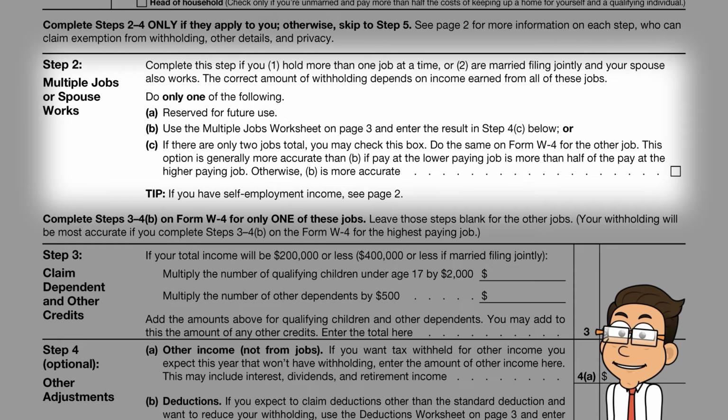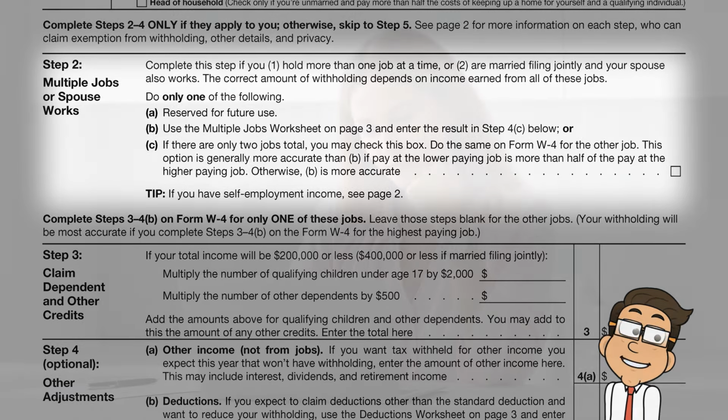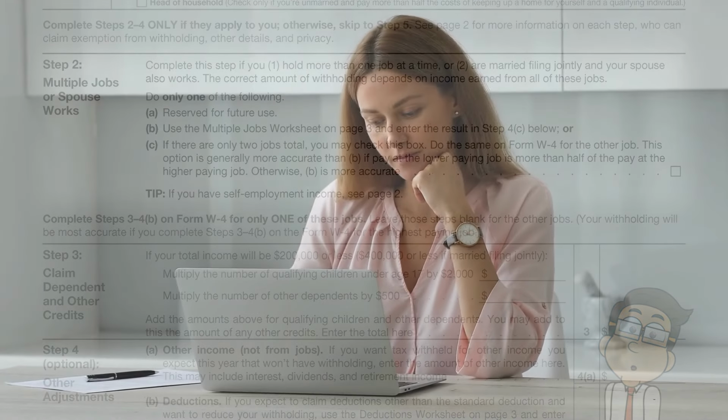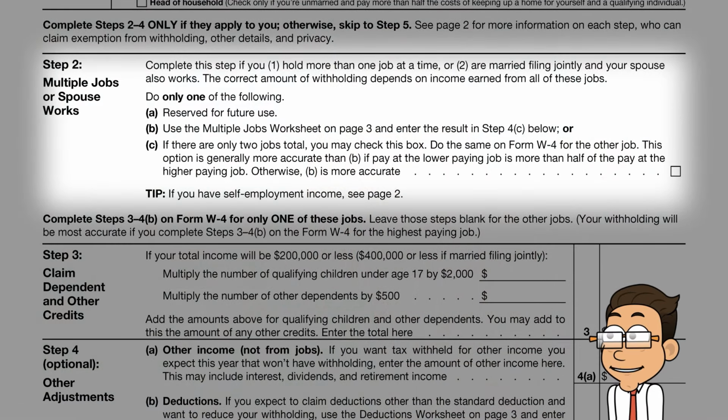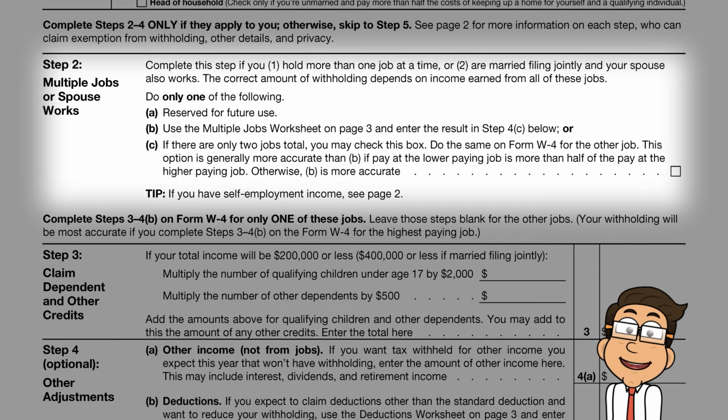The IRS Tax Withholding Estimator is an online tool that can provide you with the most accurate withholding amount based on your specific circumstances. It takes into account your income, dependents, eligible tax credits, and other factors. This tool is updated every year, and it's the best way to make sure you're not over or underpaying your taxes. The IRS Tax Estimator tool is a valuable online resource provided by the IRS to help you accurately fill out your Form W-4. This tool can help when it comes to financial planning and avoiding any unwelcome surprises during